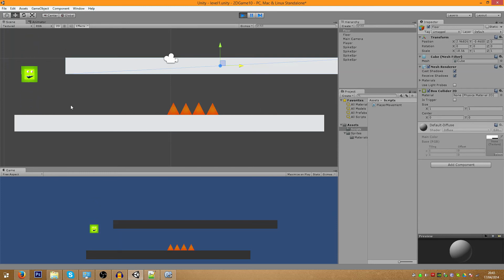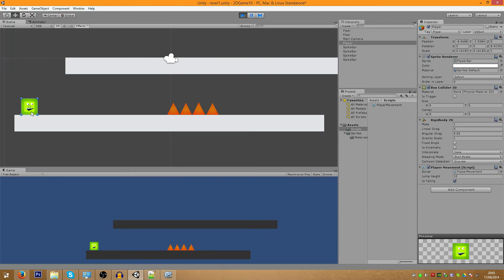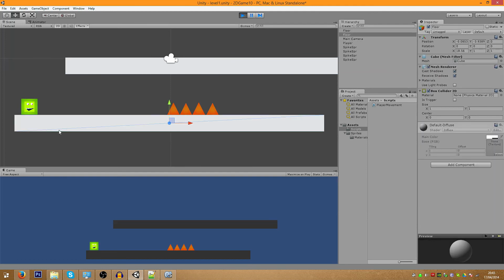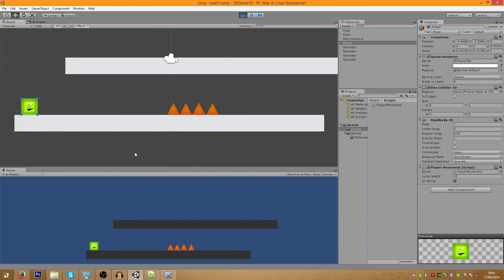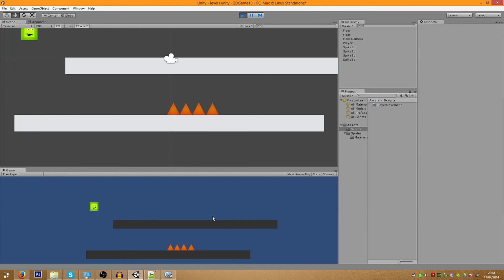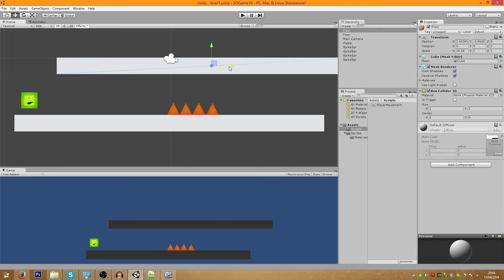So remember when I talked about collisions, when the player hits this floor, Unity goes, okay, they've collided, and we've called the collision in a function, and they said isFalling equals false. So when you jump, it then goes, okay, we haven't collided, so it's true. We haven't collided, it's true, it's false. So as you can see now, we've got our jump working, and the only thing left